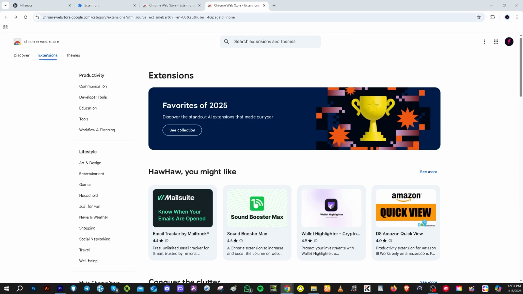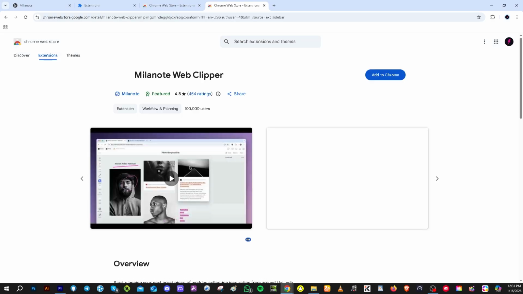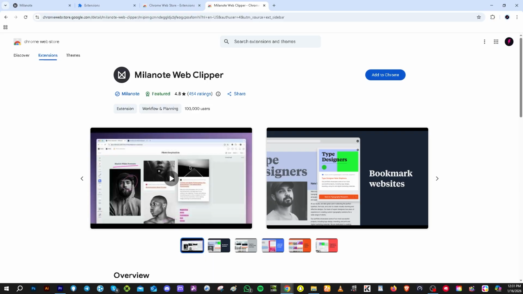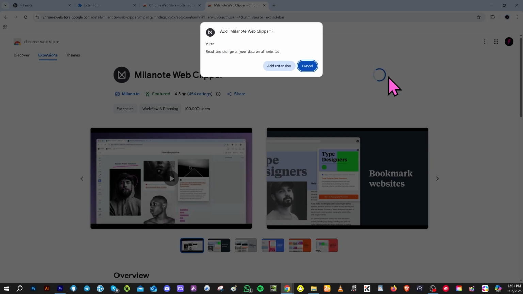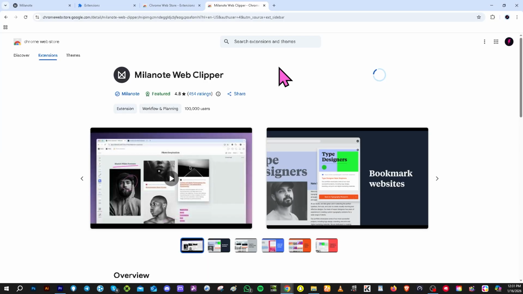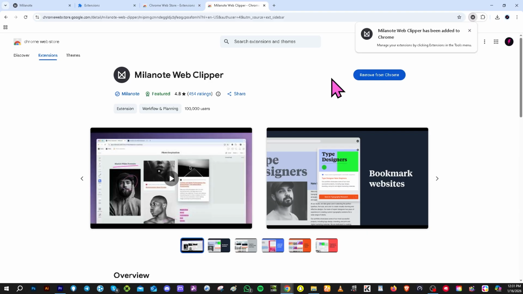Now, in the search bar, I want you to type in Milanote and press enter. As you can see, we have the Milanote Web Clipper extension. Okay, so all I have to do at this point is click the Add to Chrome and then click Add Extension when prompted. The Milanote extension will install in just a few seconds, and once installed, sign in to your